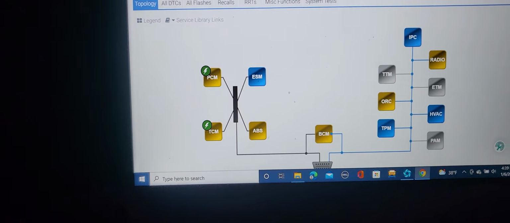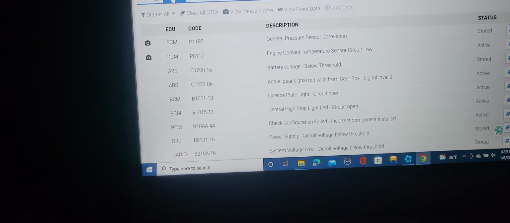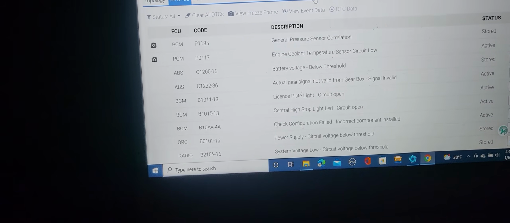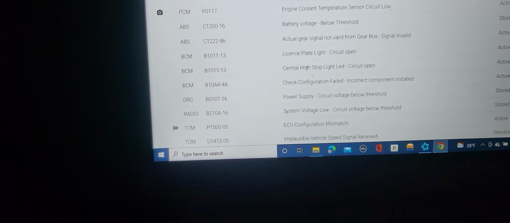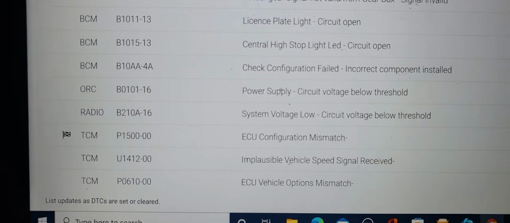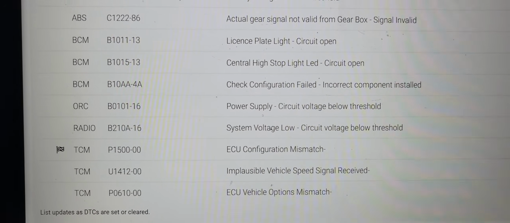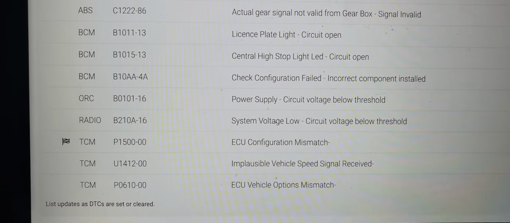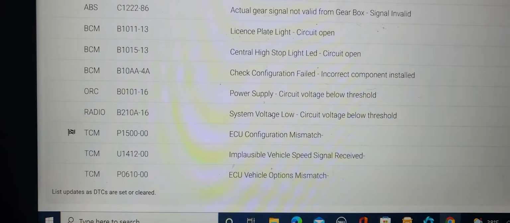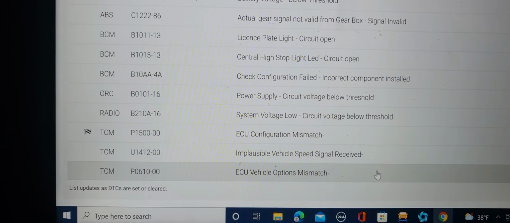Yes, you see all these codes are here. So let me go to all DTC. Yes, those are the DTC. Engine cooling temperature, license plate, power supply, ECU configuration. TCM, impossible speed sensor, impossible vehicle speed signal received, ECU configuration mismatch. So what you need to do here, if you are here,